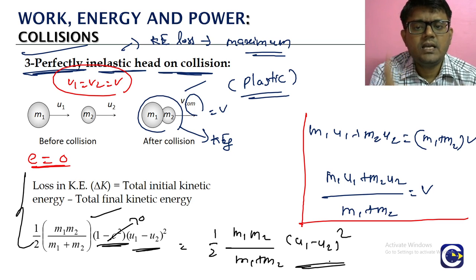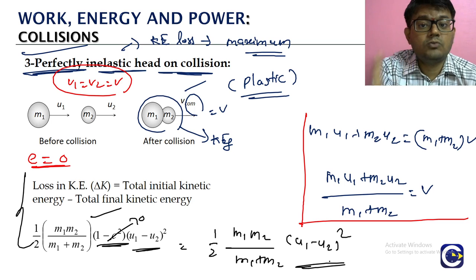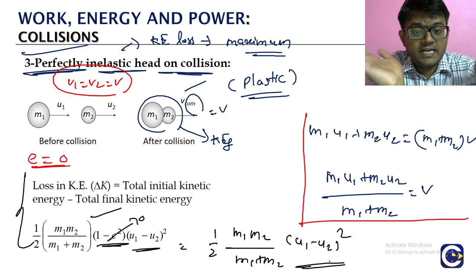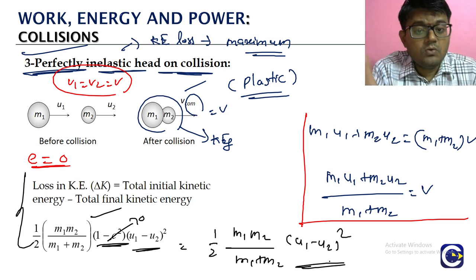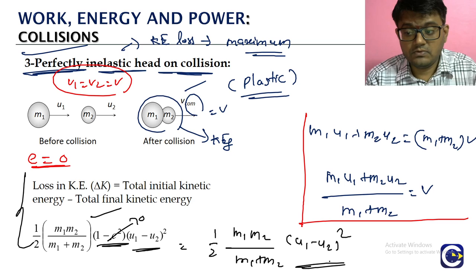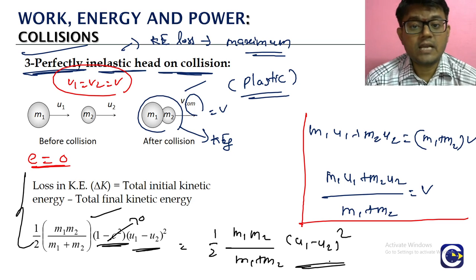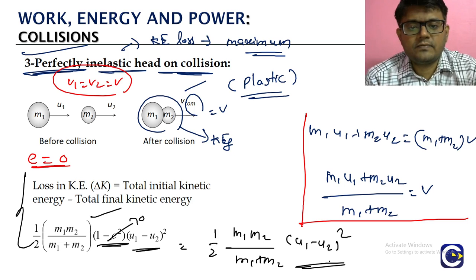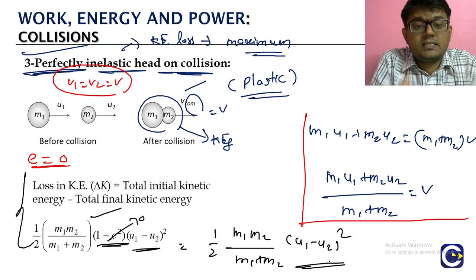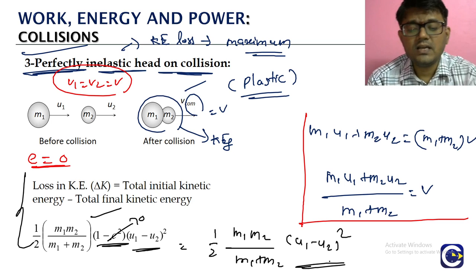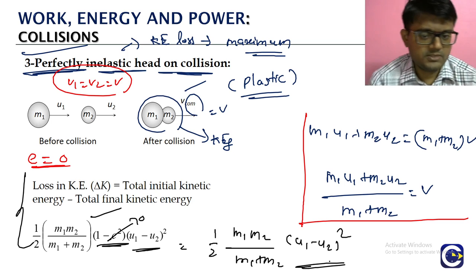One thing here: we have to remember that this is to be calculated using the sign convention. If velocities are in different directions, we take one direction as positive and the other direction as negative. So we first calculate v common. After v common, we can calculate the loss of kinetic energy, because we cannot memorize so many formulas. So the better thing is to go with the original approach.